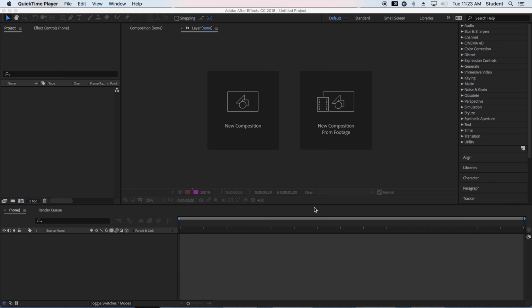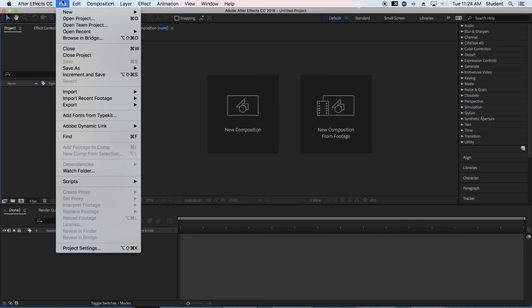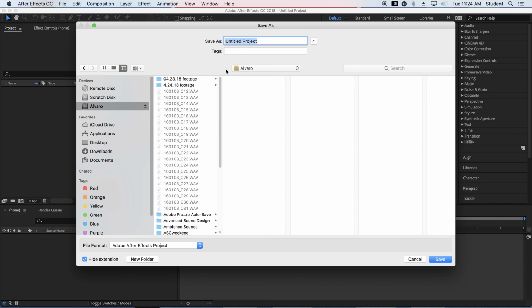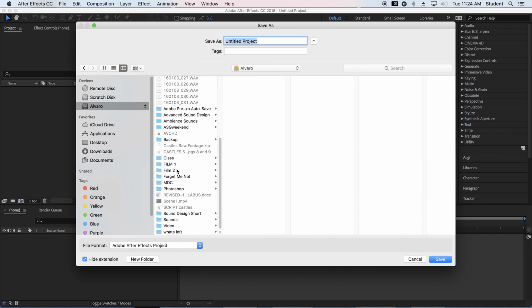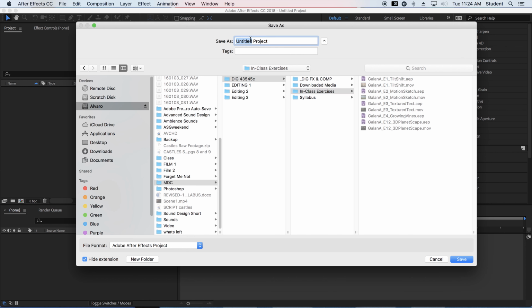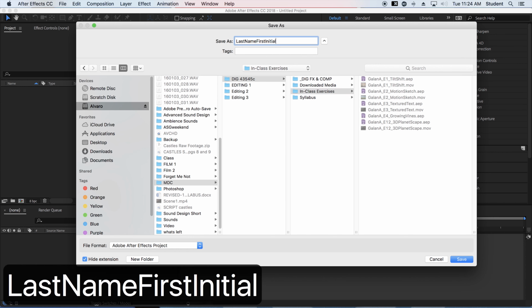a very useful tool. The first step is to save the project, save as. We will choose the student hard drive and find the MDC folder. Oh, very good. This student is organized. And inside of in-class exercise, we will call this one last name, first initial underscore